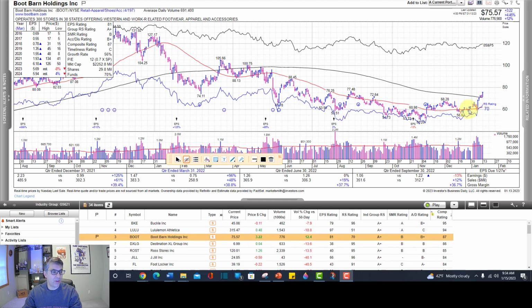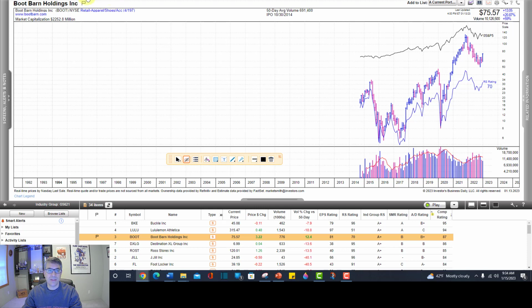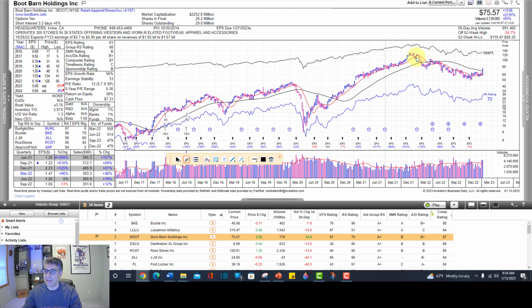Tell me if I'm wrong in the comments. We want to see these both turning up. So this is a little bit of an angle warning here, but let's go monthly. Nice uptrend, big pullback this year like everything else. This is really early. You're just starting the right side of the base. Not to say it won't work, but